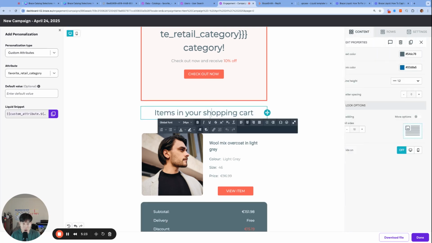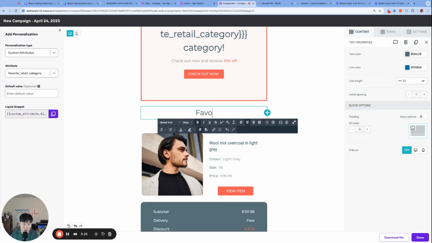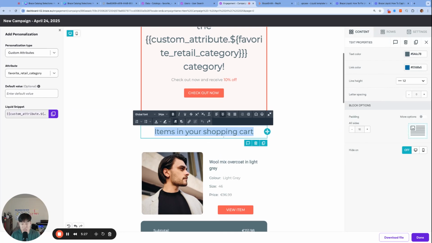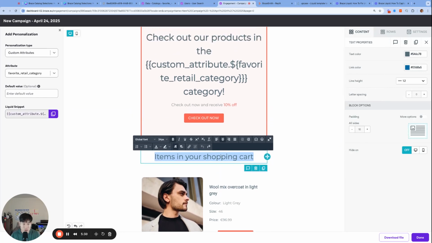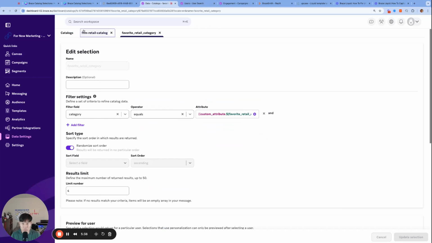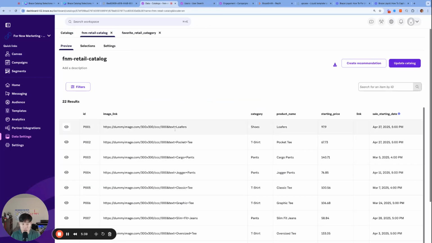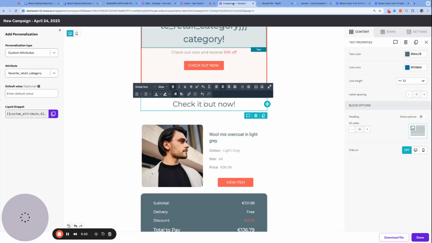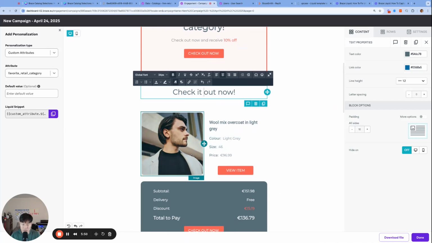And then this is a shopping cart template, but let's just call it something else, like check it out now. And then what we can do now is insert all the different parts of this catalog and all the different columns that we have inside our email. And we're going to use this row as our placeholder. So what I'll do is I'll just take a minute to fill them in,